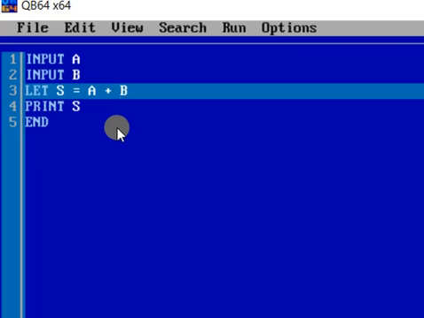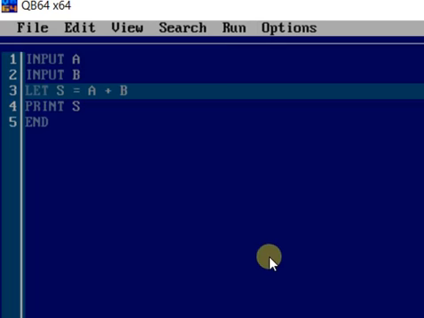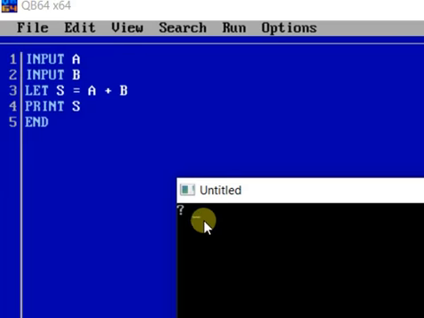Other than that, all other things will be the same. Only input A and B. The type of user input I have changed from let to input. Other than that, the process is same, the output is same. Now if I run the program, for each input statement there will be a question mark displayed.